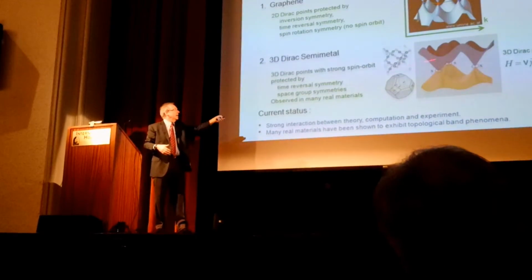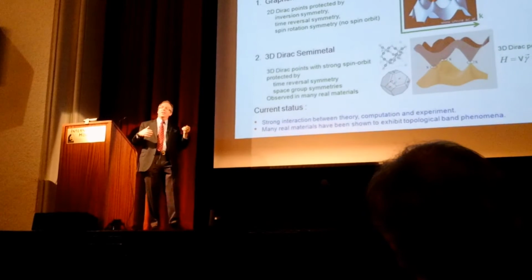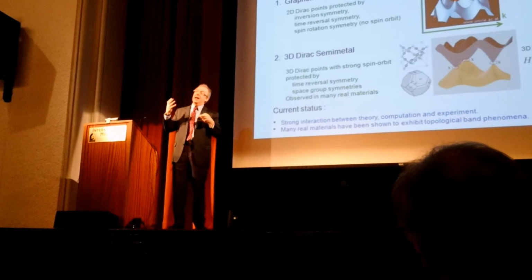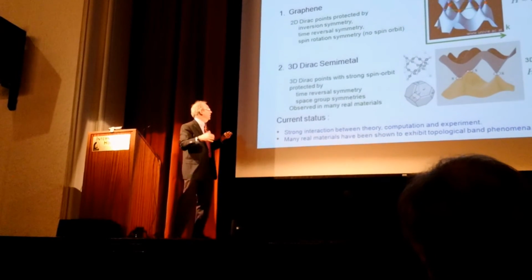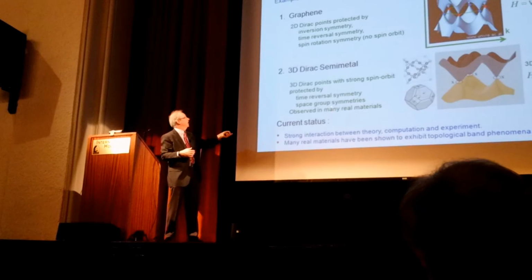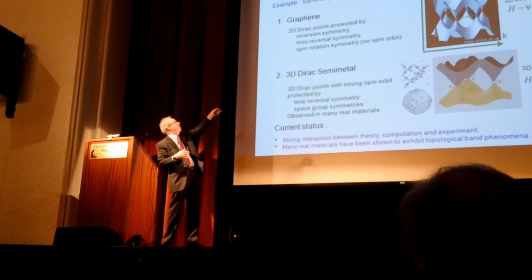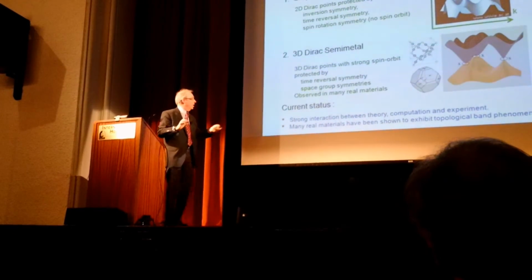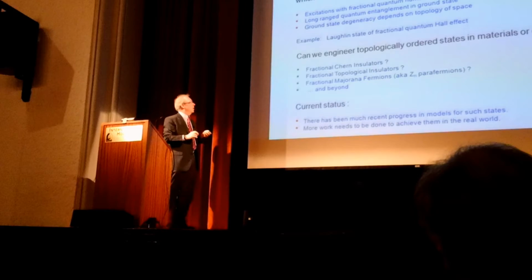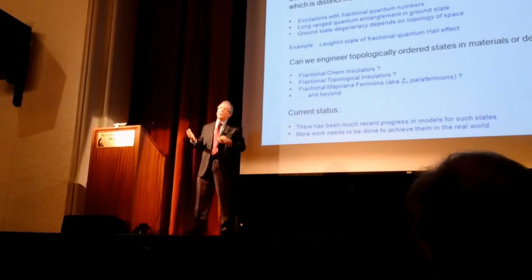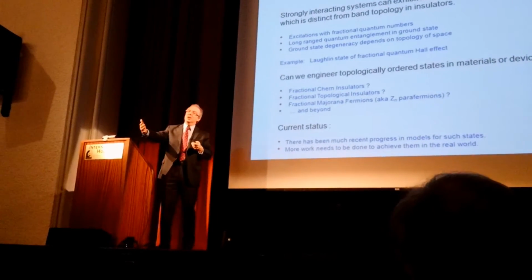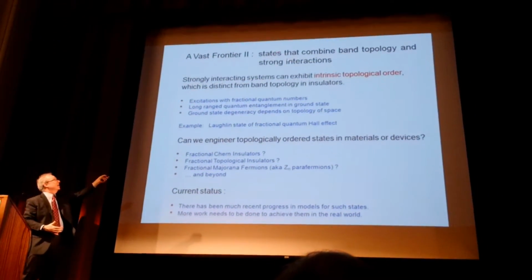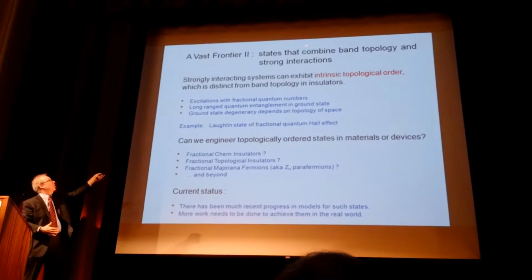So this is something where, again, one can conceive of this idea, and then one can go look to real materials in which this kind of thing happens, and there's a huge amount of activity. And there are many other kinds of, not just symmetry-protected semimetals, there are many other kinds of topological band phenomena, and that's one frontier that is going on. And so let me just conclude with what I think is the more ambitious frontier, which is thinking about electronic states that combine topology with